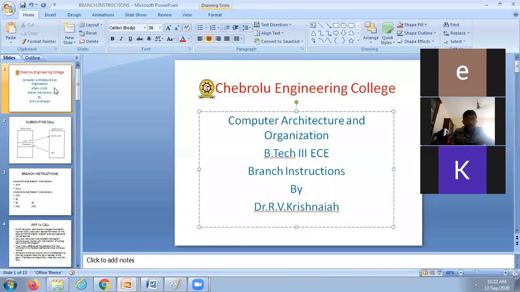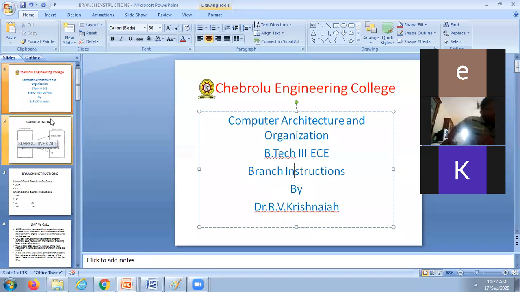Suppose you are executing the instruction stored in the location 2000H. Then, if it is a branch instruction, you cannot simply execute the next instruction. If the condition is not satisfied, you can go to the next one. If it is satisfied, you go to some other location. That is the meaning of it, and we will come to it in detail later. That is what we call branching.